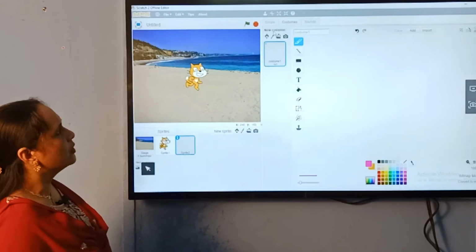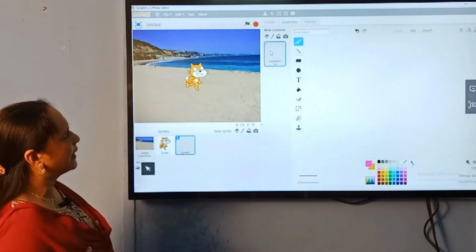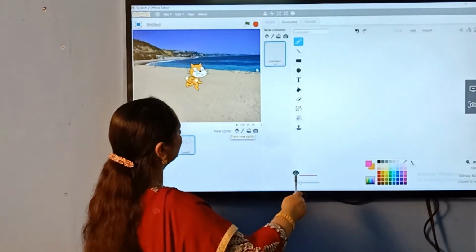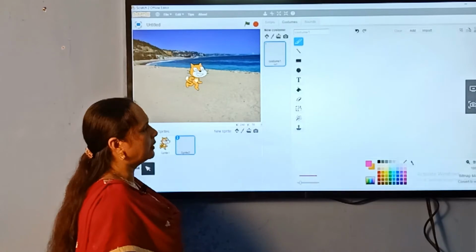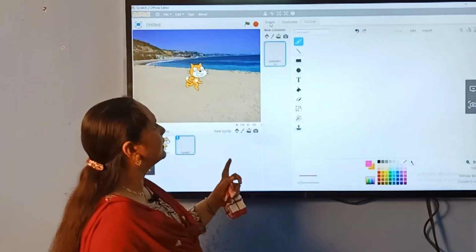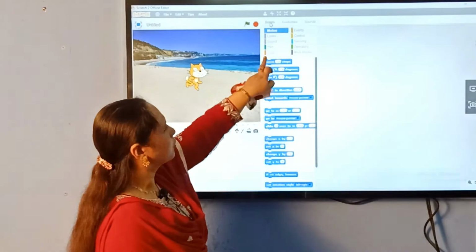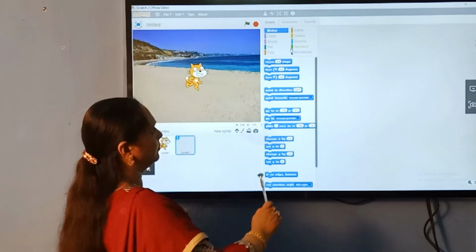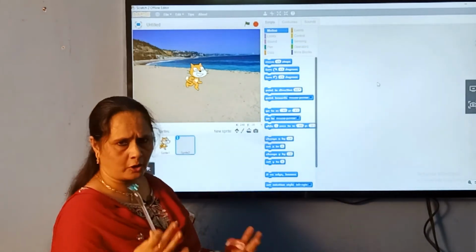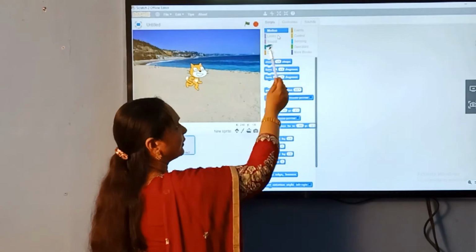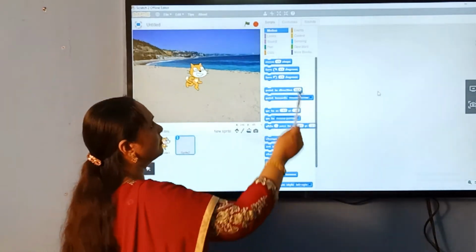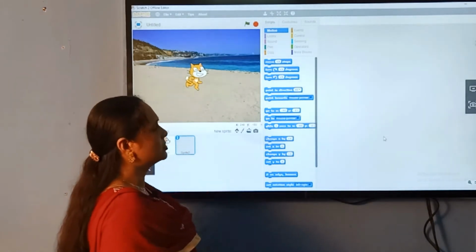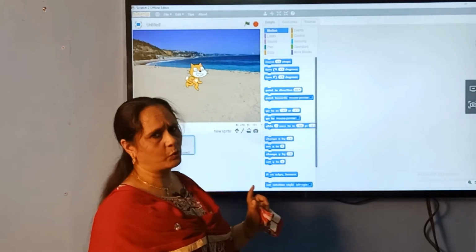And the next one is we are going into the script area. Here we have the script editor. Now, in order to get the script area, this is known as the script area, and here you just click the script, and you will get all the block menu and block palettes here. According to your theme, according to your animation, you first select the block menu. When you click the block menu, different block palettes will appear here. Accordingly, you can select them. Clear, children? And here you just drag and drop. That is what you are going to do here.